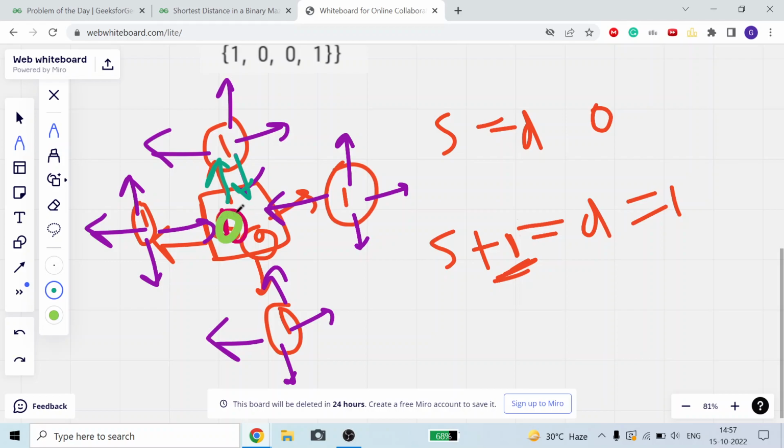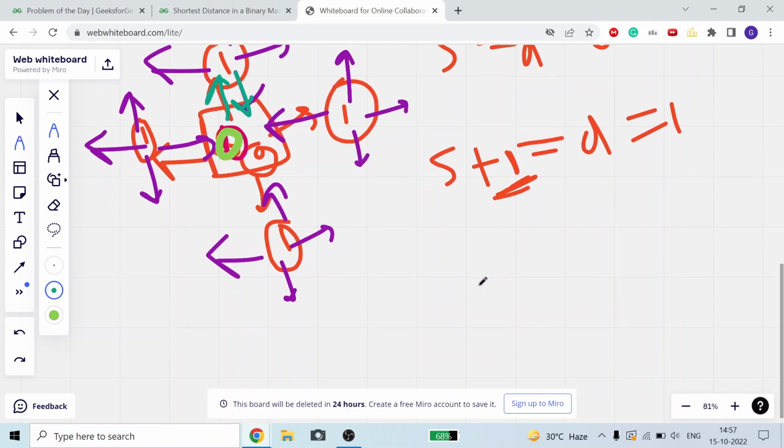It means either we cannot move to this particular cell, or we have already moved, or we have already used this particular cell. Okay guys, once I use a cell, I am not going to use it again, because I need to find out the minimum distance. So first of all, the condition: after traversing a cell,